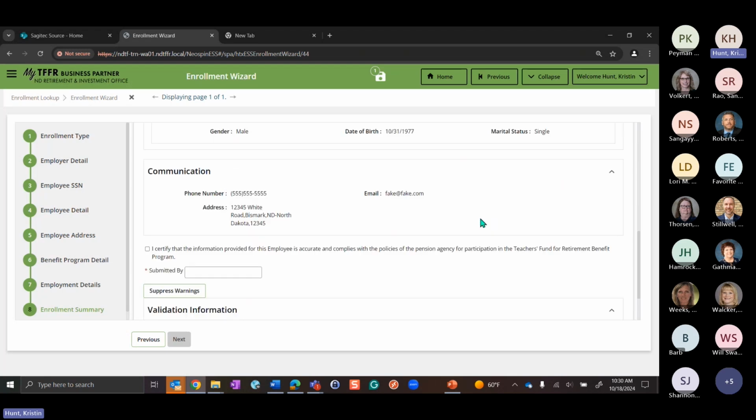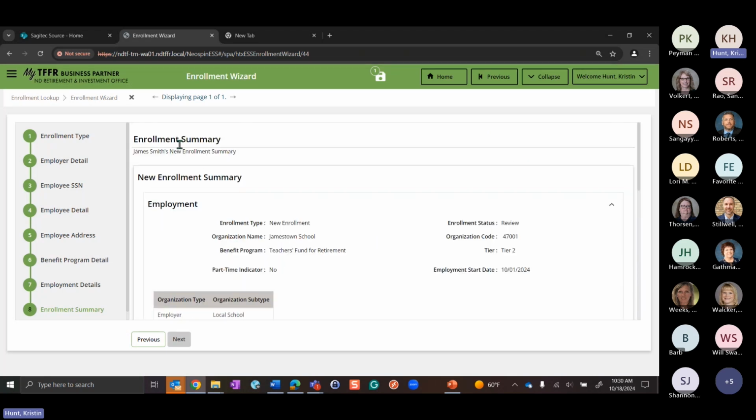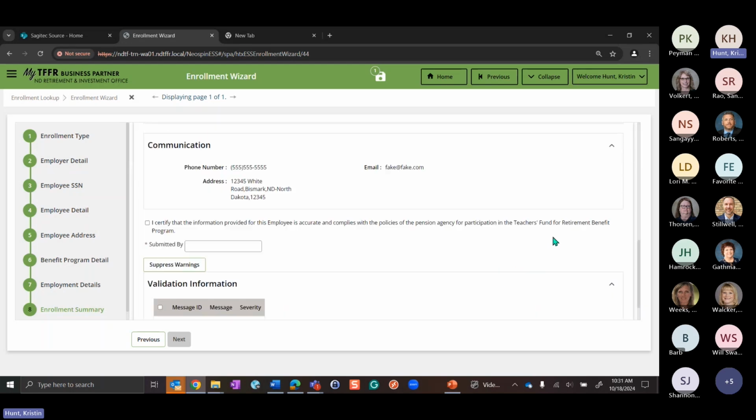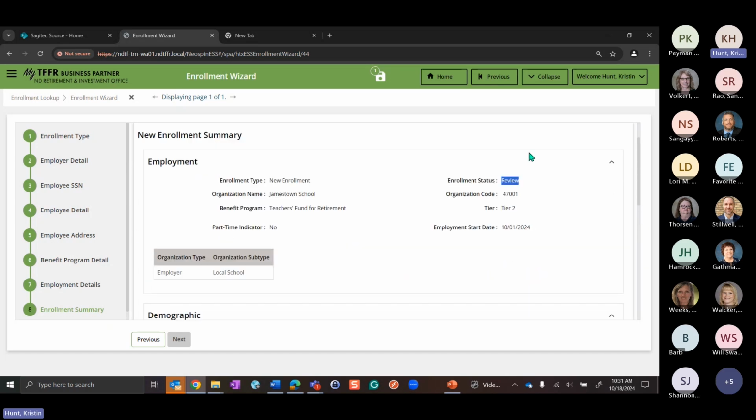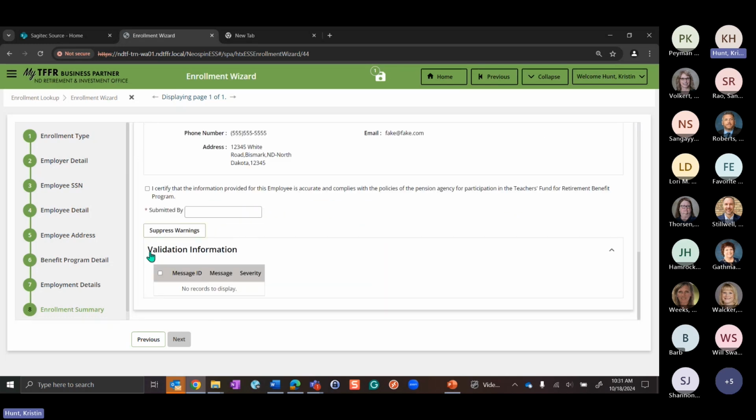And so what that does is it takes me to this enrollment summary screen. And now I like to point this out anytime we have statuses. This one's in review. I know it's in review because we still need to certify this, but it's always good if you see a review to come down here and we'll have this validation information panel, and it's going to list if there were errors with this, it would show why.